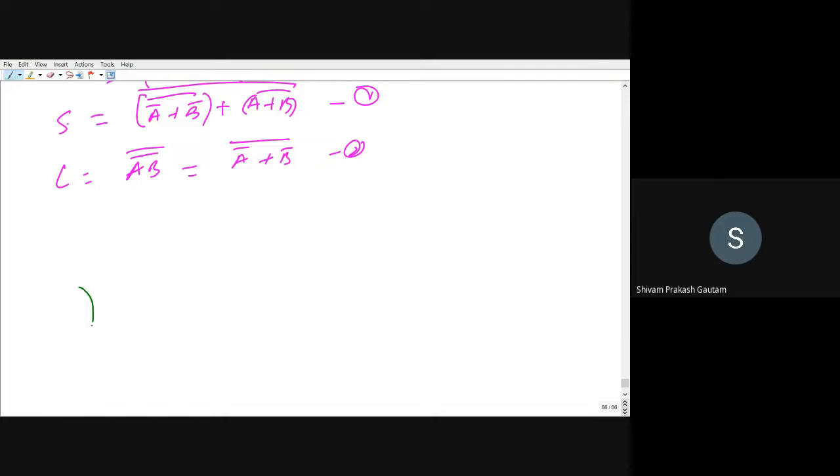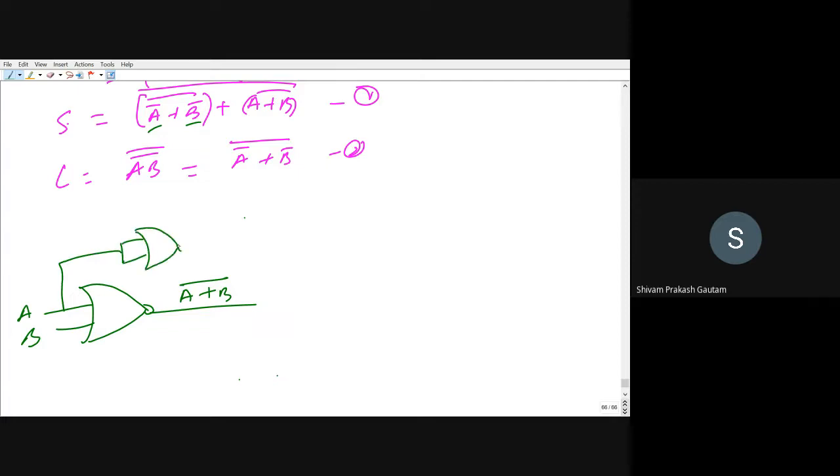We are having a NOR gate. Input A and B are going. So this will be A plus B whole bar, right? So first we want what? A bar and B bar. We want A bar and B bar as well. So A bar and B bar, how we will be getting? Short the input. So here we will be getting as A bar. Similarly B bar, how we will be getting? Short the input. Here I will be getting as B bar, right?